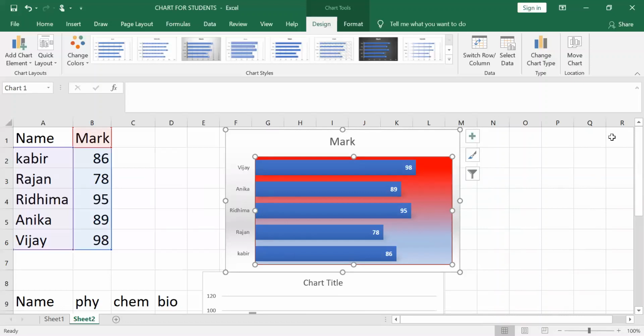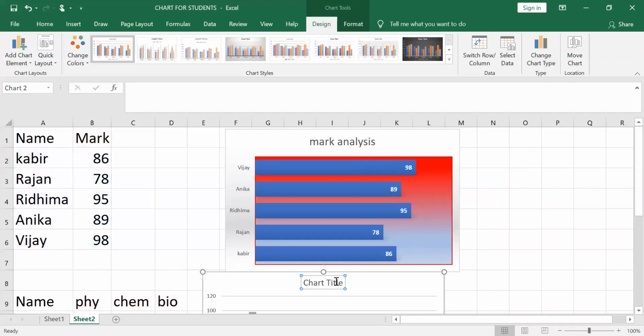Okay, if I want to insert a chart title, just go here, you can see the chart here. So you can type whatever you want; suppose by default it is already coming up. If I want to give the chart title, that is Mark Analysis, I can type Mark Analysis. So directly I can type. For that I click here. Here also the chart is there. If I click on the chart, I can give Mark Analysis. I can do it like this. Okay, so you can give the chart title here.